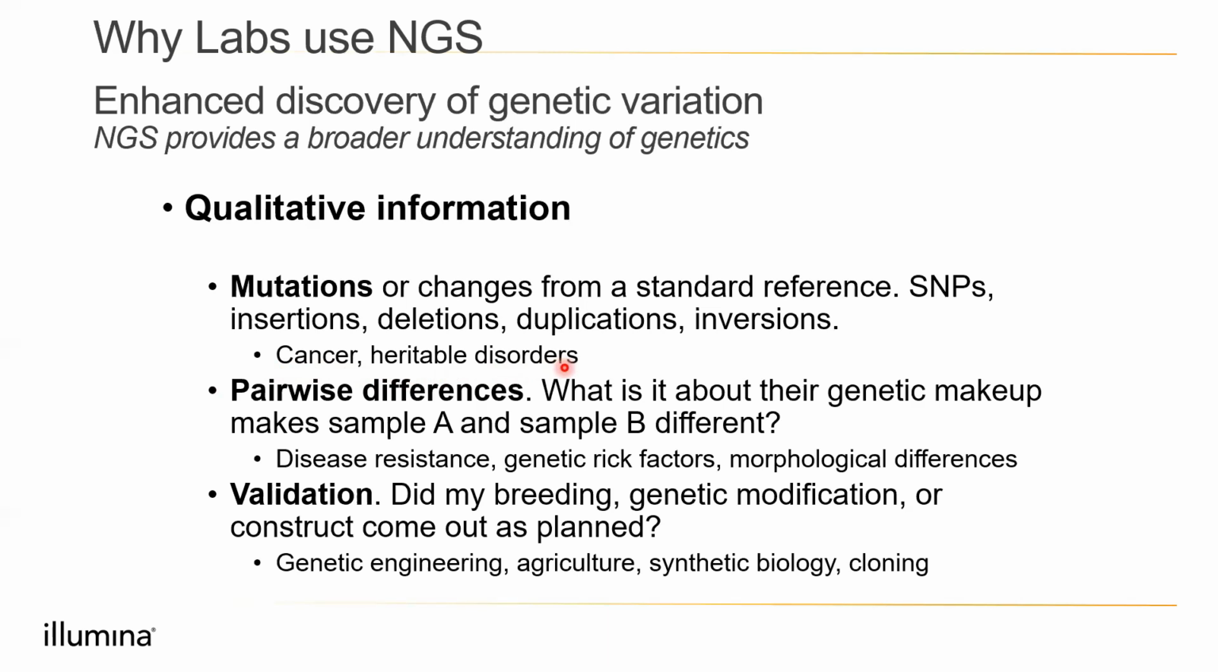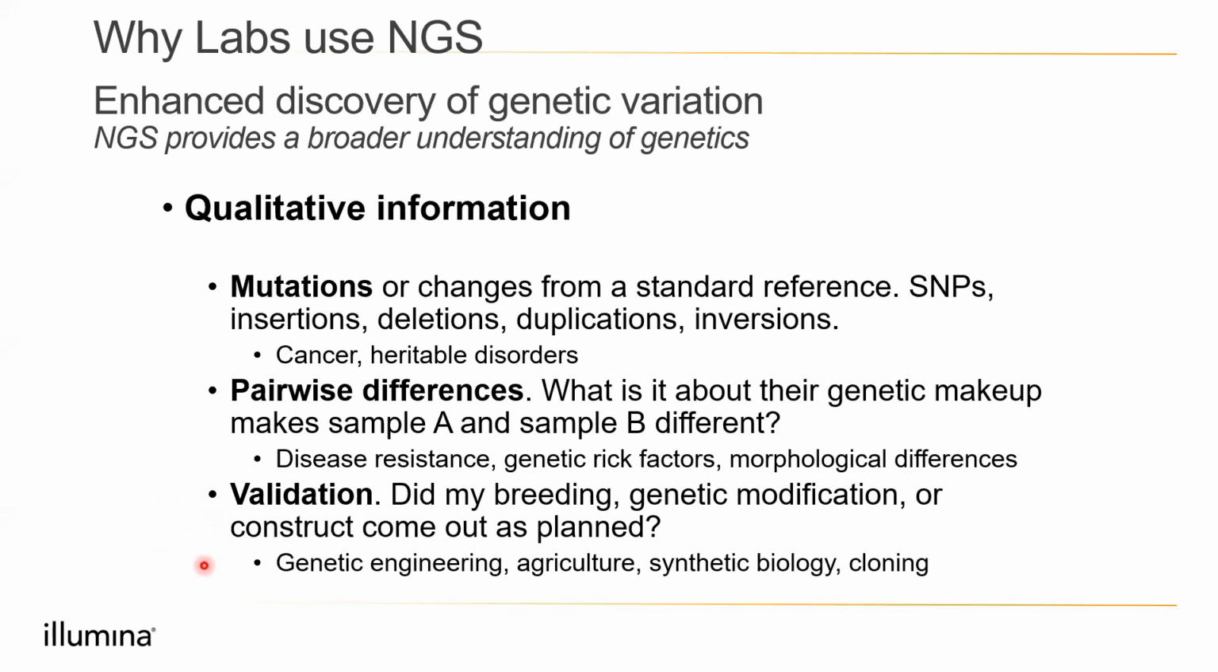An individual can be a carrier also. So prior to marriage, you can check your carrier screening. So you can check the mutations. You can see pairwise differences, whether there is a difference in the genetic makeup of the two samples. Apart from this, if you are working on genetic engineering and let's say you have made some modifications and you want to check whether it has turned out to be okay,